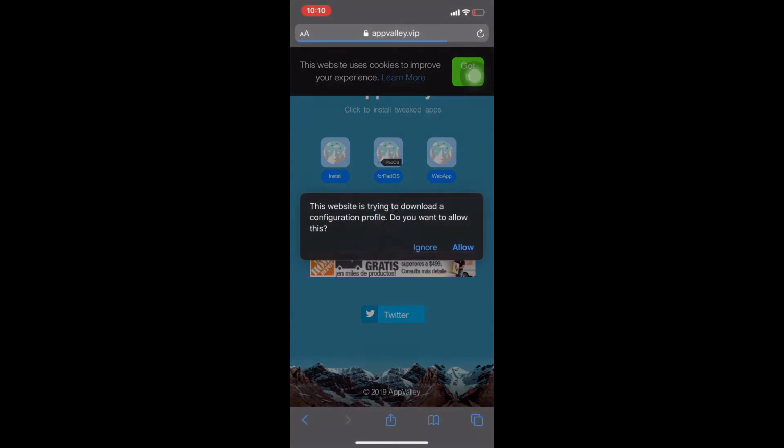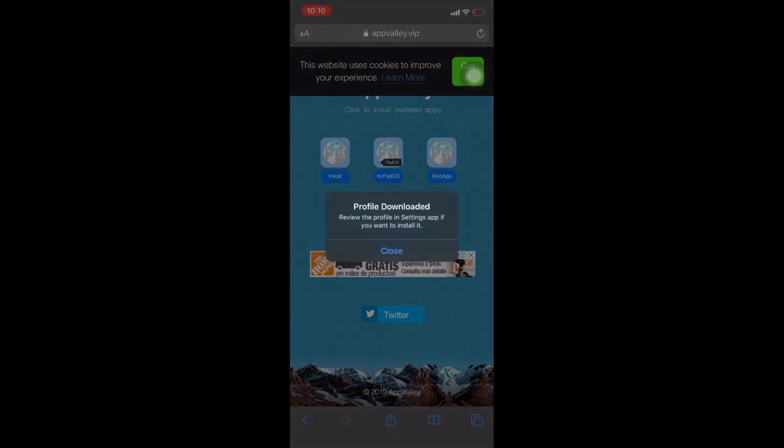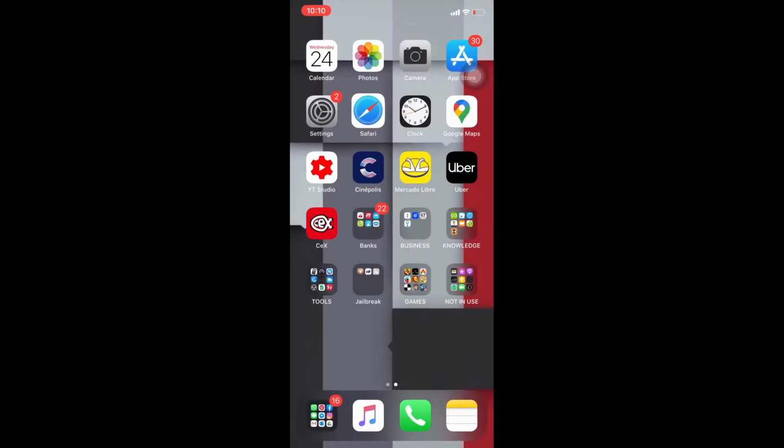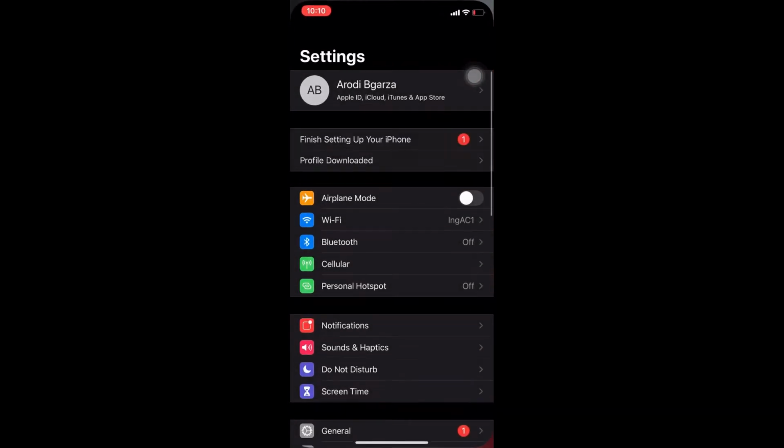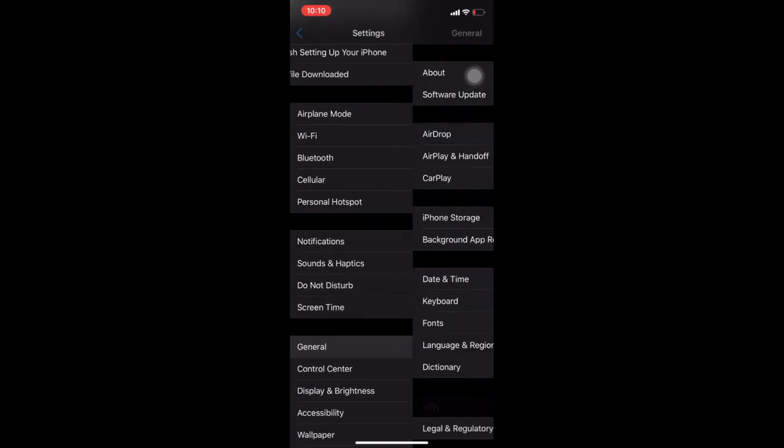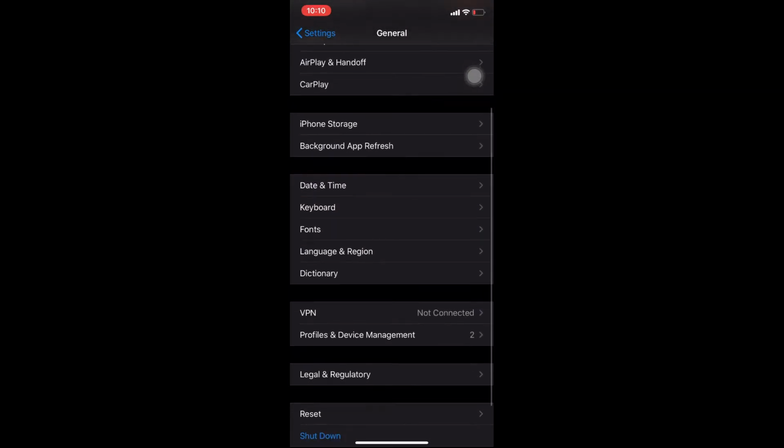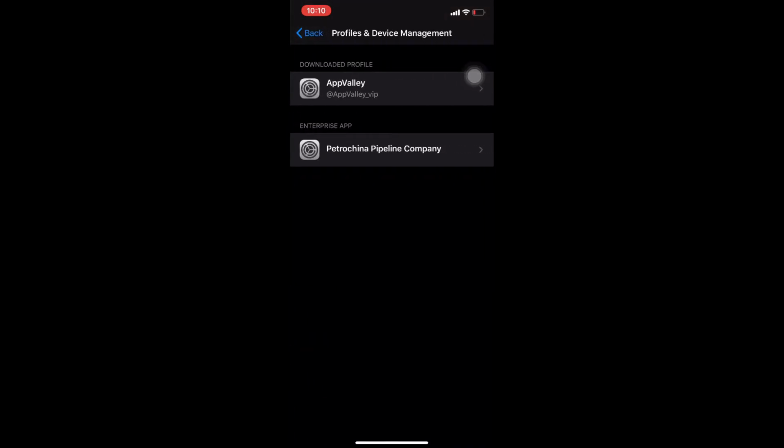Click on the first option, install, and then you click on allow, and it's gonna say that we have to verify that profile. So we will go to the settings app that is on your home screen, scroll down to general, scroll down to profiles and device management, click on App Valley,